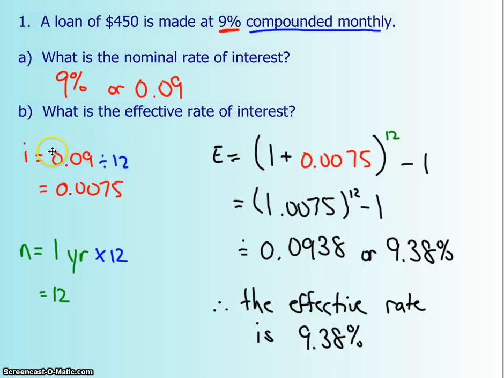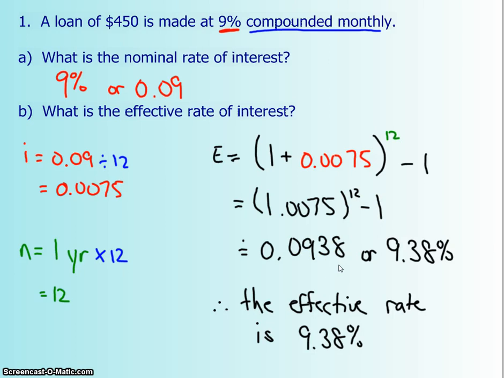What you're going to do is you're going to take your nominal interest rate and divide by the compounding period. So this is what I had to pay every month if I was choosing the nominal. Since we're talking about effective interest rate, it is an annual amount, so we're going to put 1 year, and we're going to multiply it by the compounded monthly. This is going to give us our new exponent. Okay, so we're going to put our interest rate right here, and we're going to do BEDMAS. Brackets first, exponents next, and then we're going to subtract. So I get